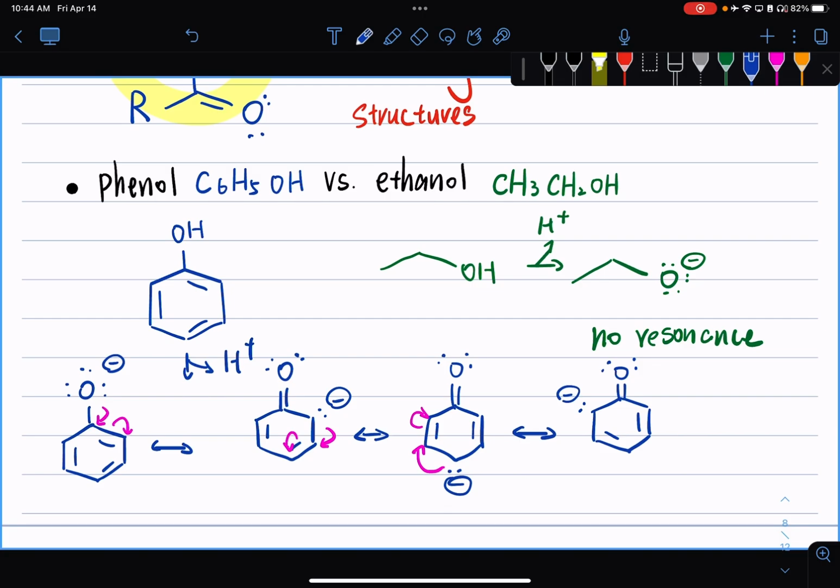All right, so it's just using the arrow to show how the electrons are moving and trying to understand why we're drawing these resonance structures like this. So apparently in this case, our phenol is being largely stabilized by all kinds of resonance structures. Are these three more stable than the left one? Not necessarily, but they exist and they do provide extra stabilization because your negative charge is